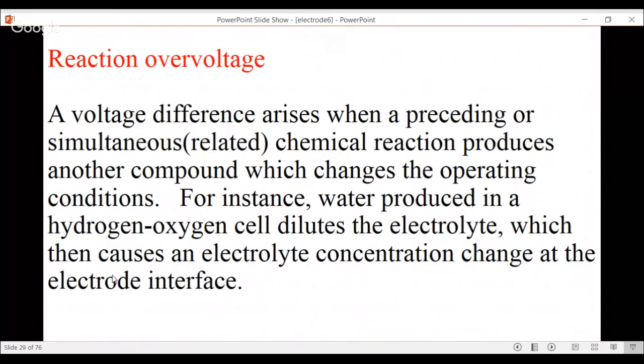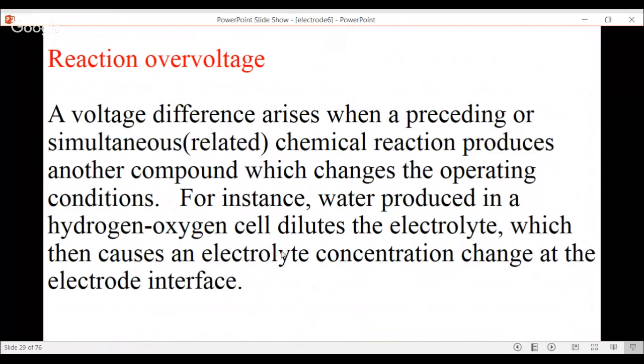Reaction overvoltage. A voltage difference arises when a preceding or a simultaneous chemical reaction produces another compound. Electron transfer only is what we are measuring, whereas there is a subsequent chemical reaction that will also give rise to overvoltage, which changes the operating conditions. For instance, water produced in a hydrogen oxygen fuel cell dilutes the electrolyte, which then causes electrolyte concentration change at